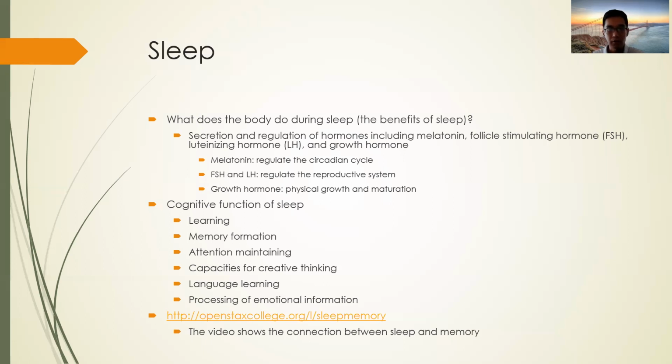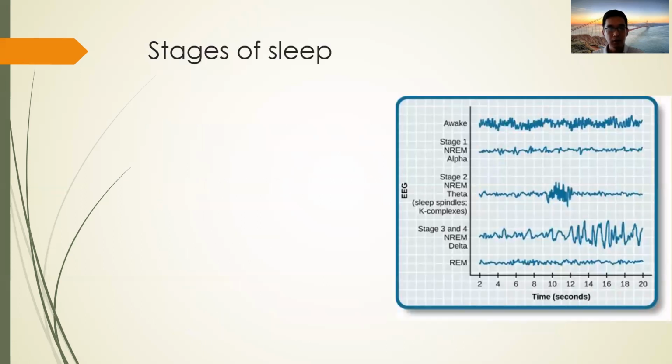Okay, so far we have talked about what sleep is, and we have talked about the importance of sleep. Next we can talk about what exactly happens during sleep. You know that for adults, we have more than 7 hours of sleep every day. So what happens during that sleep? What happens to the brain?